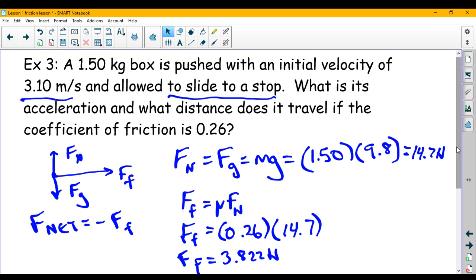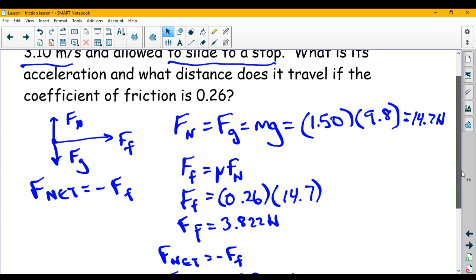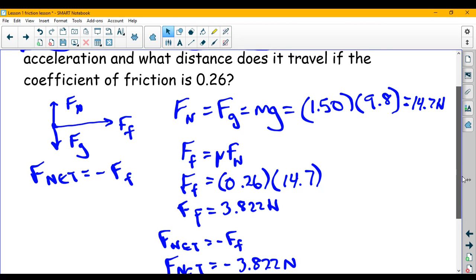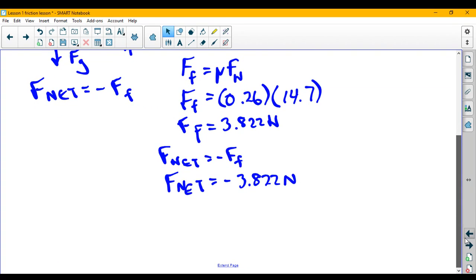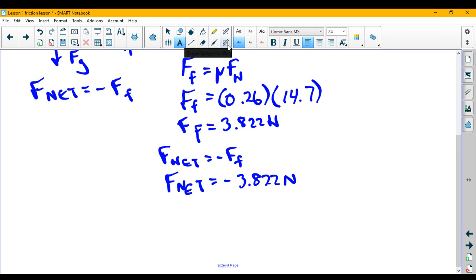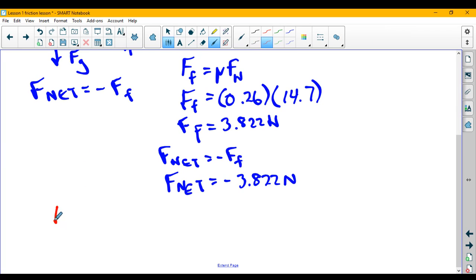Now we'll finish this question. At this point, remember, we have found our net force and we want to find now our acceleration and the distance it travels. I'm almost there on the acceleration. To find the acceleration, I just have to now think about Newton's second law, because Newton's second law is that